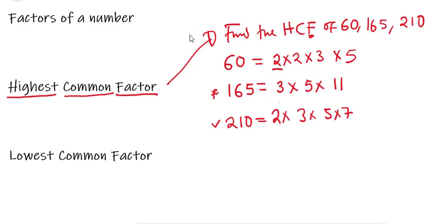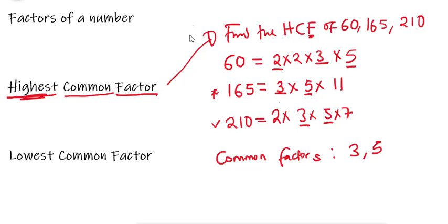So I'll go to the next number 3. We have 3 here, we have 3 there, and we have 3 there. And then also we have 5 there, we have 5 there, and we have 5 there. So meaning that our common factors from these, we have 3 and 5. The next question then is which one is the highest, because we're looking for the highest common